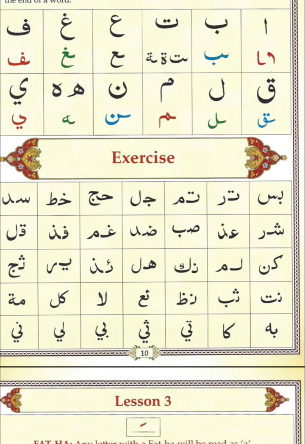Now let's do the exercise. In each box we have two letters. We're going to read them separately. Ba, sin, like that. Ta, ra, ta, mim, jim, lam, ha, jim, kha, ta, sin, dal. Next line. Shin, ra, ain, dal,